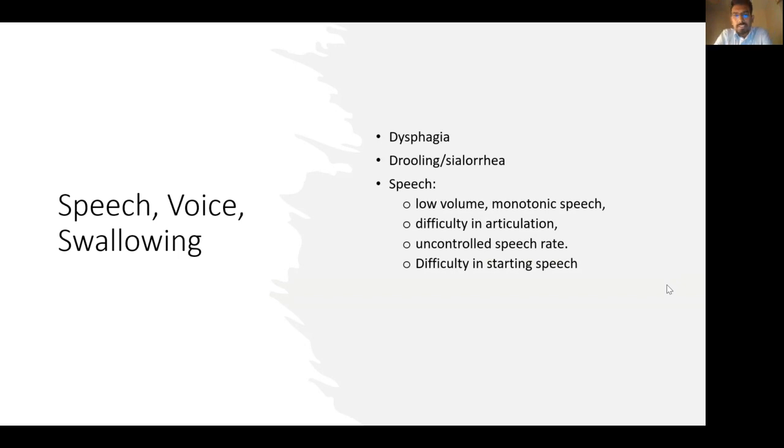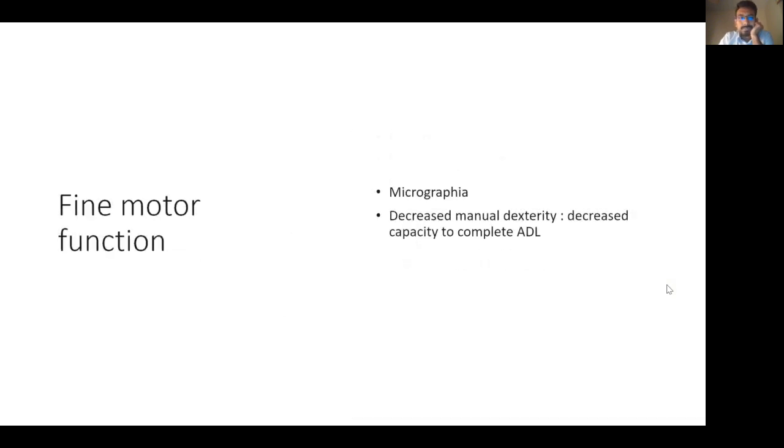There are probably two reasons here for drooling and sialorrhea. First, we all produce around 1.5 liters of saliva every day. But since swallowing is not very effective, there is excessive saliva always in the mouth, so that can cause drooling. And also because of autonomic abnormality associated with Parkinsonism, the production of saliva might be increased. Those are the two reasons for sialorrhea.